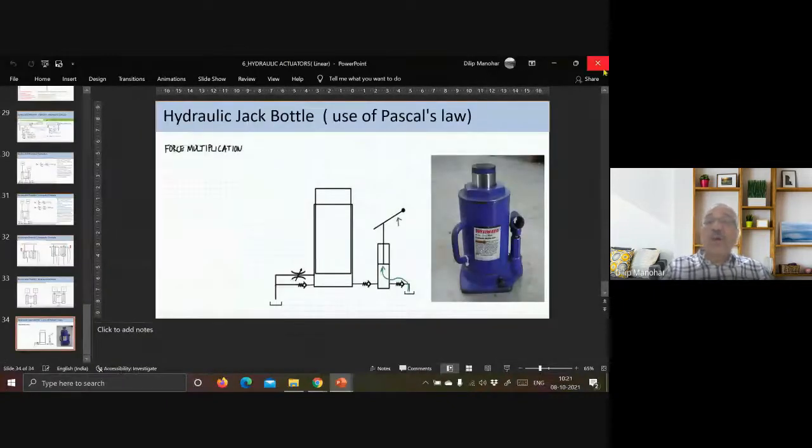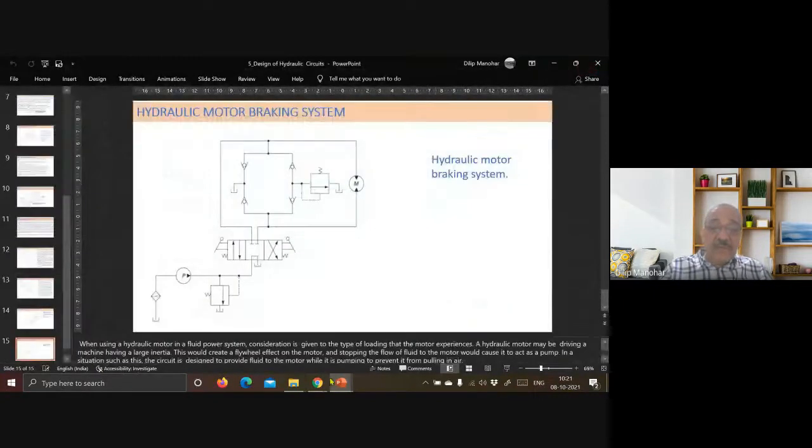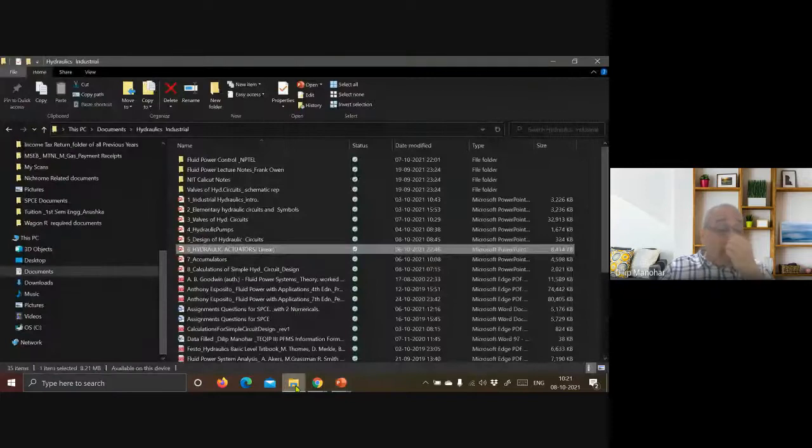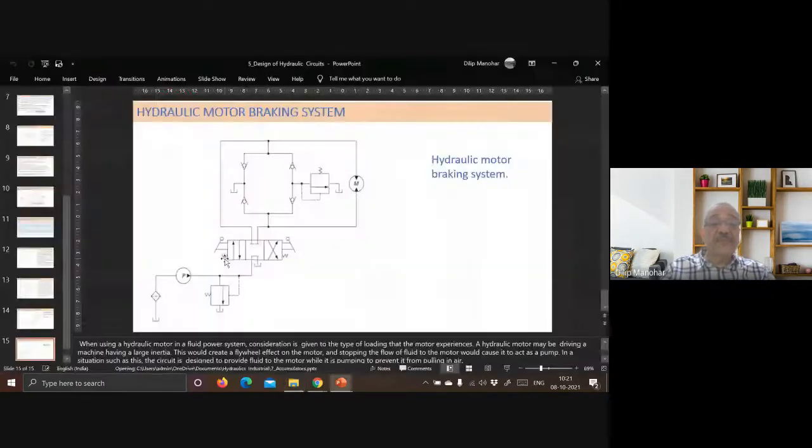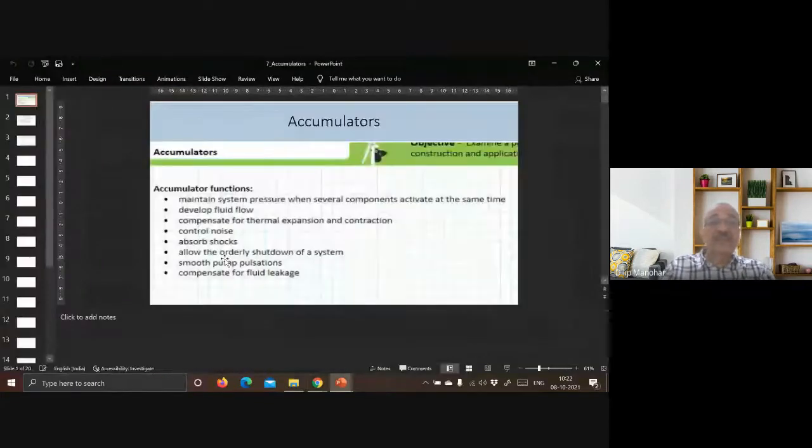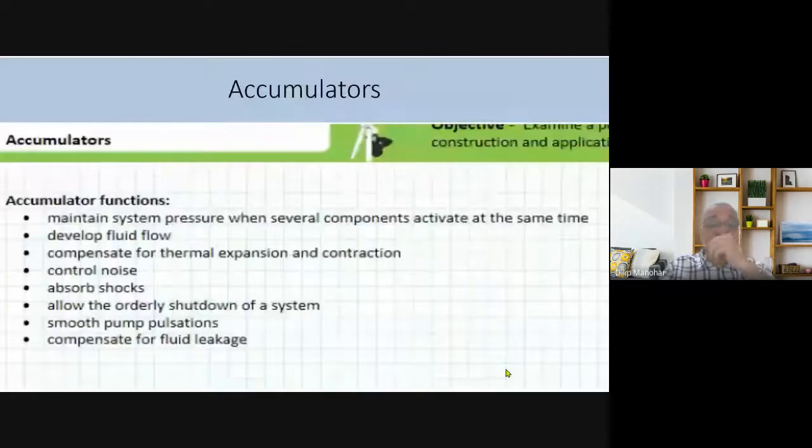Now I'll only cover one small topic, which is the accumulator. I want to give a highlight of the accumulator. I just want to show some accumulators quickly. So this probably will be the last presentation because we have only say 7-8 minutes, so we can go very fast now. We have 7 minutes to go.